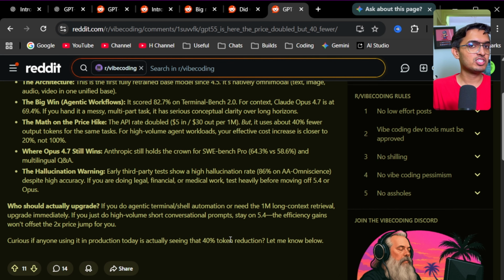Now we reach the most dangerous technical flaw of this new model, which happens when you push its reasoning engine too hard. When using the extra high thinking settings on obscure topics, this new model shows a very high hallucination rate, which is 86%, which just makes it a pathological liar. What this hallucination means is, instead of returning "I don't know," it will confidently invent fake Python libraries and generate completely fake documentation URLs. So the AI is just guessing with extreme confidence,